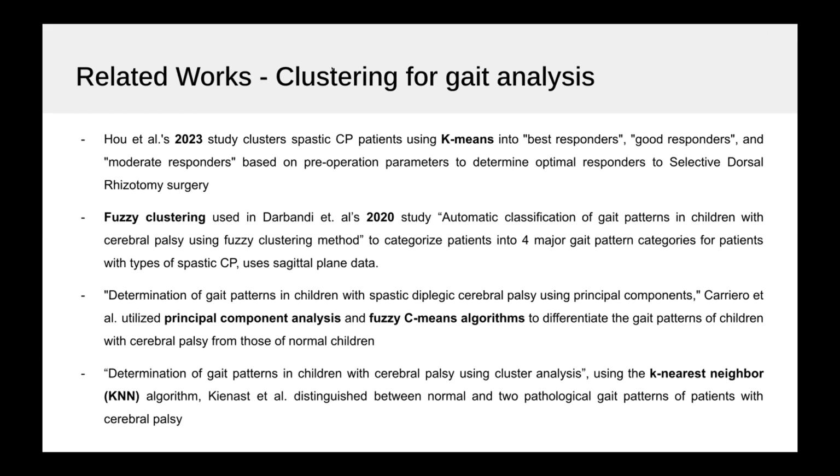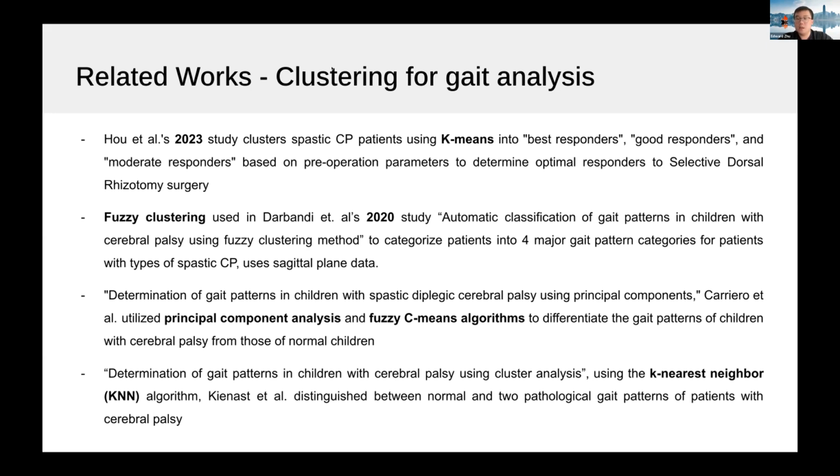So there also have been some older studies in this field. One from, I think, 2008 was using fuzzy c-means algorithms and principal component analysis, where, to summarize, the study involved inputting video data of regular children and children with spastic diplegia CP, and the findings showed that their system was able to distinguish between the gait of a regular child and the gait of a child with spastic CP. However, it was not able to go further and identify what specific type of spastic CP